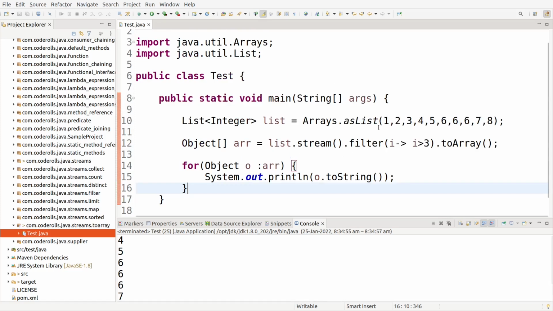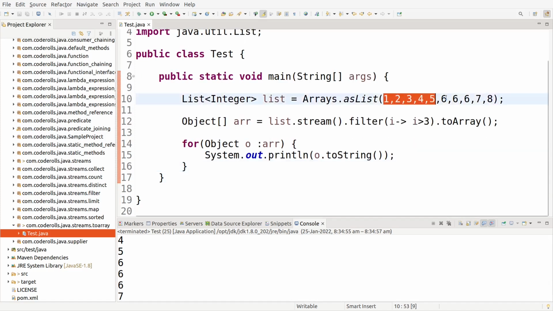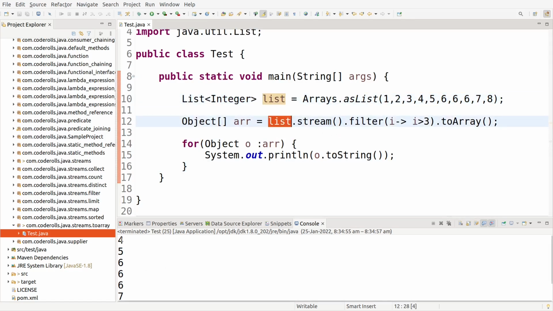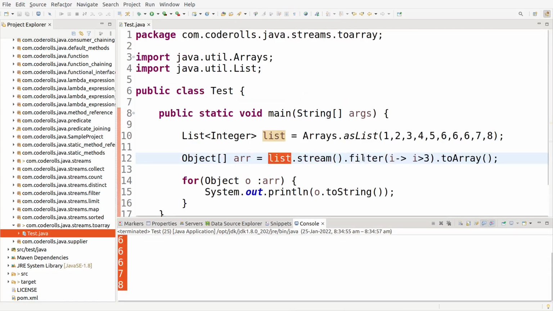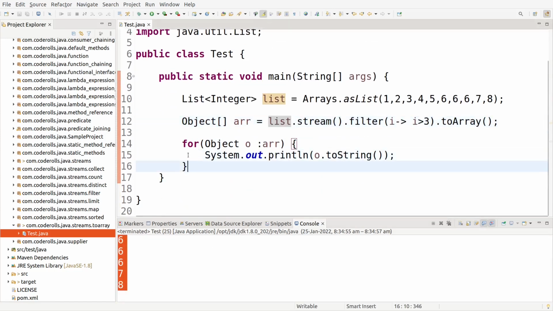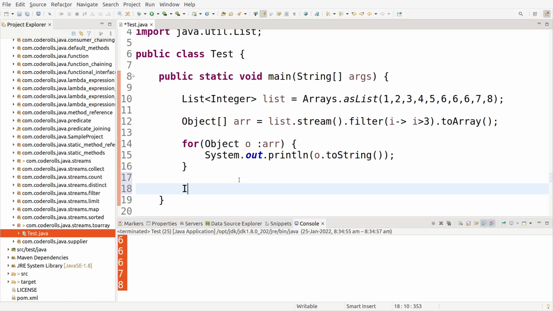Okay, you can see that we have elements in a list, and from that list we are getting an array, but it is an object array. So if I want to get an integer array, since the elements are integers, I want this array to be an integer array arr. So how can I get it? Let's check how we can get a specific type of array. So I want an integer array